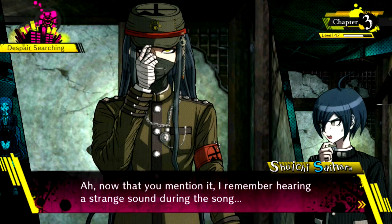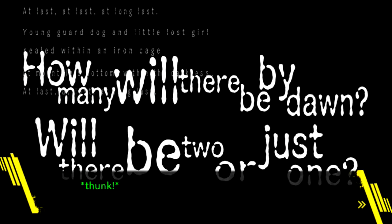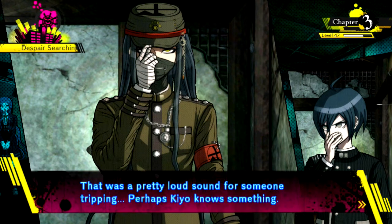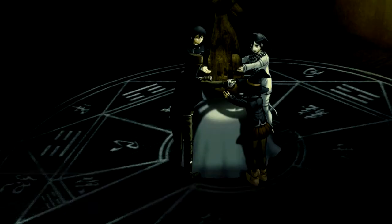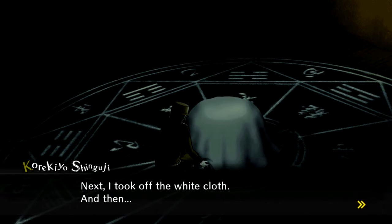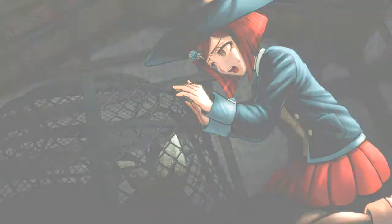Now that you mention it, I remember hearing a strange sound during the song. It is a mystery to me as well. I thought perhaps someone may have tripped. That was a pretty loud sound for someone tripping. And then what happened? We called out to her, but no reply came. I had Shuichi and Kokichi relight the candles. And then we removed all the items from within the magic circle in the opposite order. First, all four of us removed the dog god statue. Next, I took off the white cloth, and then... Himiko ran over to the cage, and the moment she lifted it...